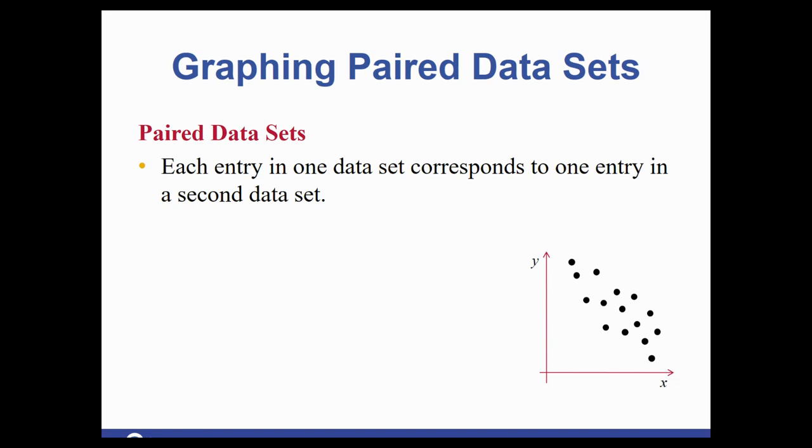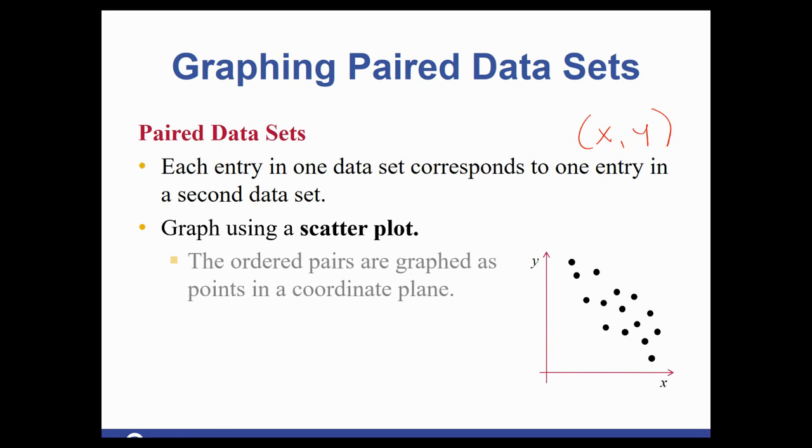Another type of graph we can make is called paired data sets, where each entry in one data set corresponds to one entry in a second data set. So if you're looking at the graph and you're thinking of perhaps a college algebra course, you have an ordered pair. Each ordered pair has 2 different quantitative values. So we would graph these using something called a scatter plot, which we'll talk a lot more about in chapter 9. So this is just a brief